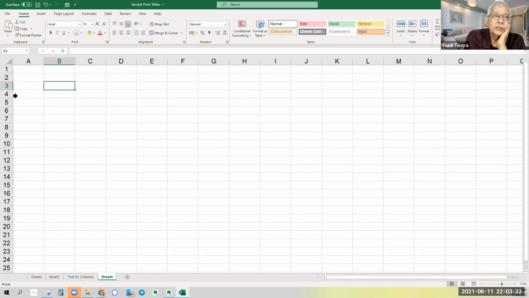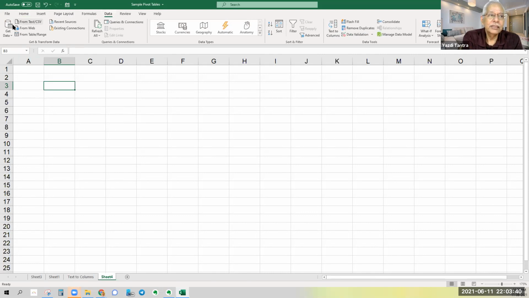Okay, so you are in the Home tab, you come to the Data tab, and there is something called Get Data. That is the first option. What it says is: easily discover, connect and combine data from multiple sources, then shape and refine it to meet your needs. That is a little lengthy description, but it's very easy.